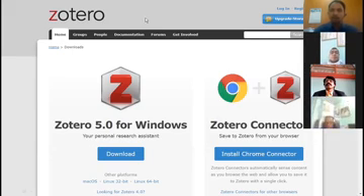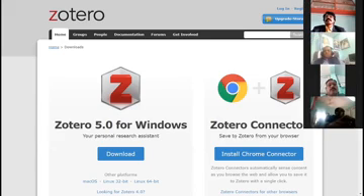Here you can see the login option and the register option is available. I will register myself on the Zotero website, and a small link will come to your registered email ID. Just click on that link and your account will be activated. As and when you are visiting some places, it will help you download and store all your resources which are required for your research work.